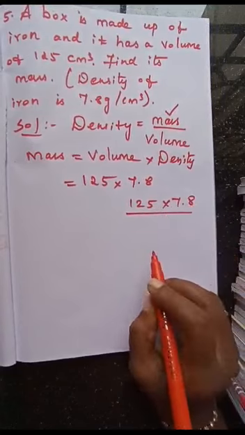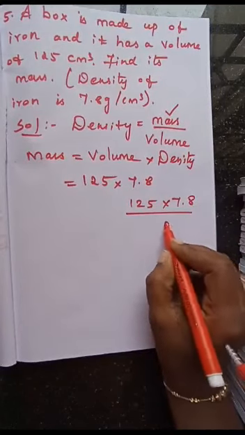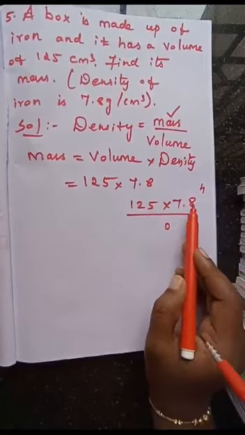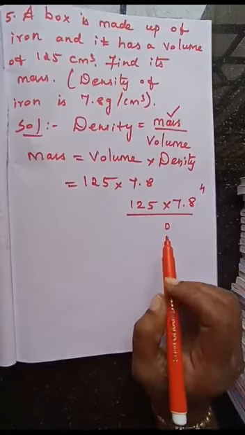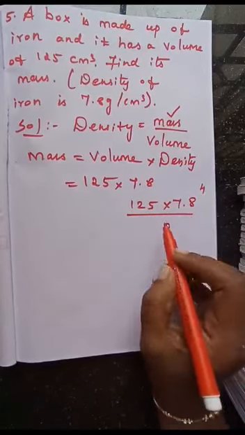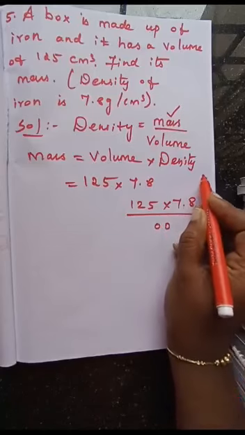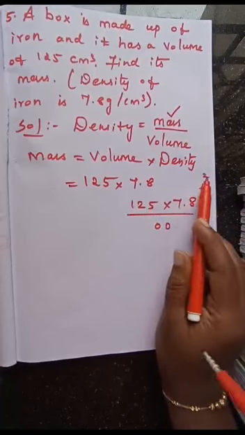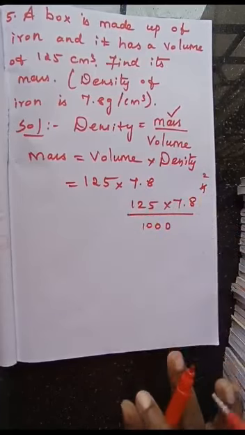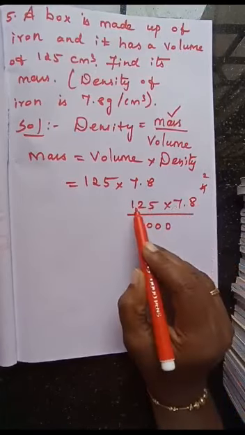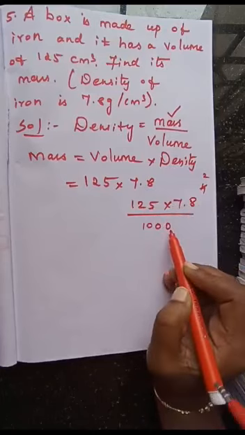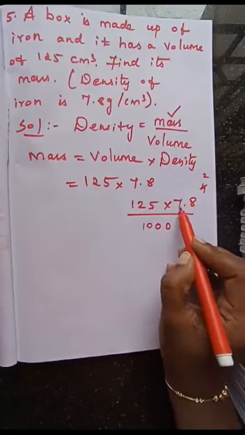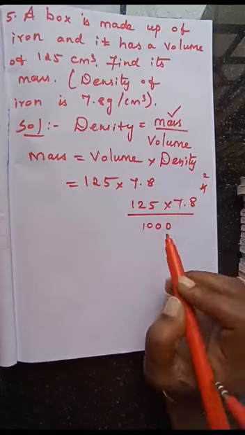Now we are going to multiply. 8 5s are how much? 40. 0, balance 4. Now 8 2s are 16, 16 plus 4 is 20. 0, balance 2. Now 8 1s are 8, plus 2 is 10. When you multiply 125 into 8, you get 1000. Understand?